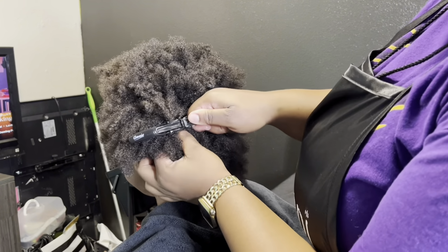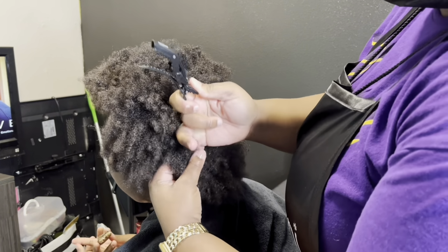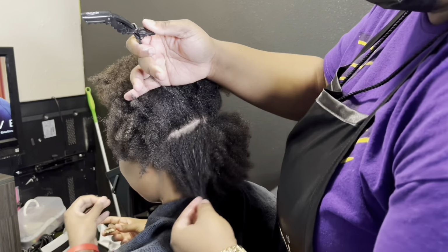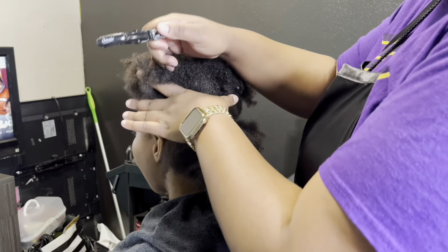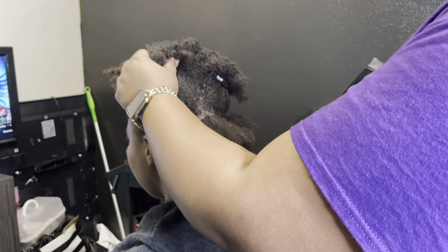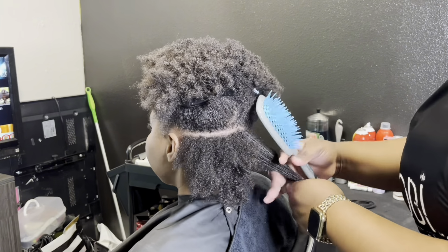So I'm going to go in again and section her hair so that I can do some Bantu knots. This is how I like to blow dry my clients' hair. Some people like to use a plastic cap, or some people just clip the hair up out of their way while they're blow drying. But for me, Bantu knots are the best way to start my blow drying process,